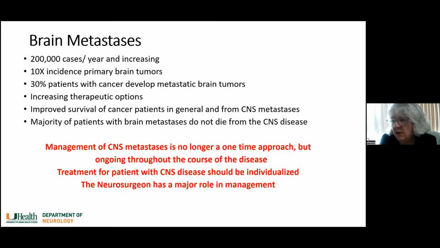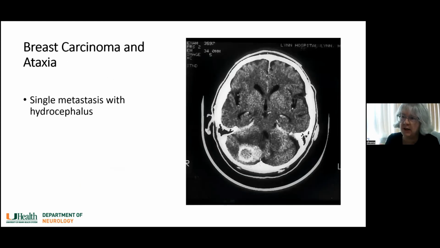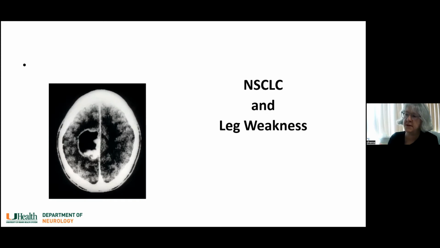And we have to continue to individualize the treatment decisions. And in this, the neurosurgeon plays a major role in the management of these tumors and often throughout, again, the course of their illness. So looking at the spectrum, neurosurgeons are involved in some and not all brain metastasis. For example, this is a woman with breast cancer, ataxia, early hydrocephalus, and a single large posterior fossa metastasis. This is a patient with lung cancer with a large cystic metastasis in the motor strip with focal motor seizures